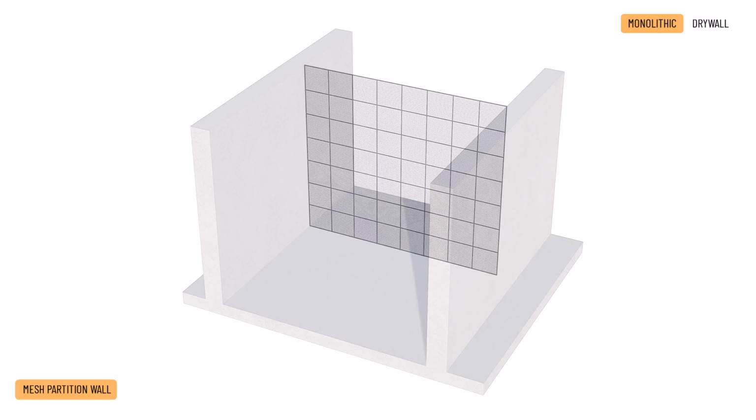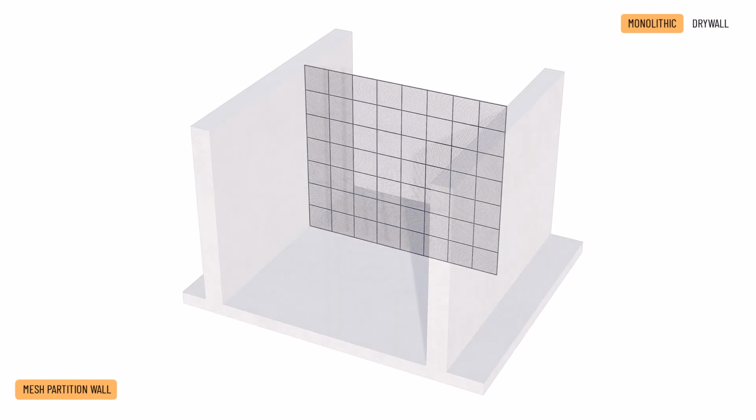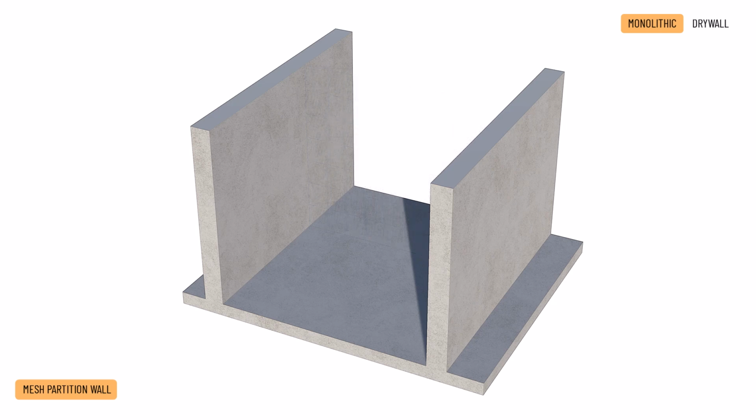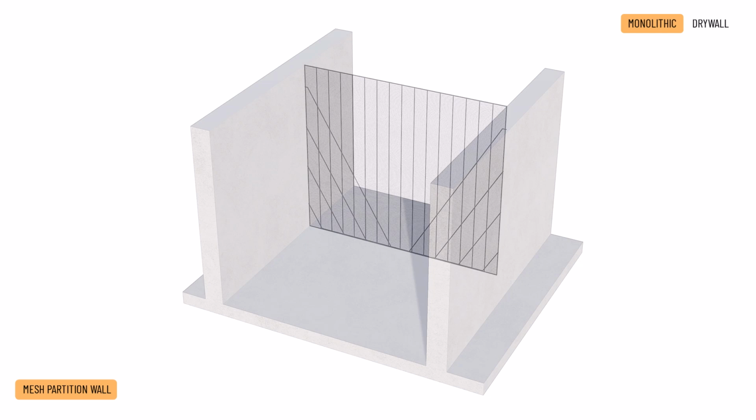For a mesh partition wall, we fix a Fe 1.5 millimeters mesh with a grid spacing of 2 by 2 centimeters to a Fe 5 to 6 steel reinforcing mesh with a grid spacing of about 40 by 40 centimeters. If we want to create a self-supporting partition wall, i.e. one that does not load the slab, we would fix the steel mesh to the adjoining load-bearing walls or columns